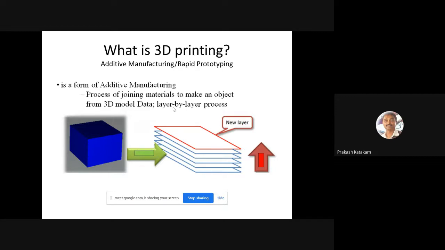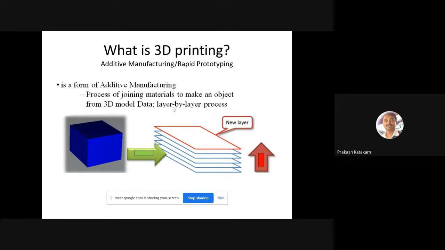Most of us by this time would be aware of what 3D printing is, because so many 3D printers are available in the market. The basic printer costs from around 11,000 up to 10 lakhs, 20 lakhs, 30 lakhs, like that.